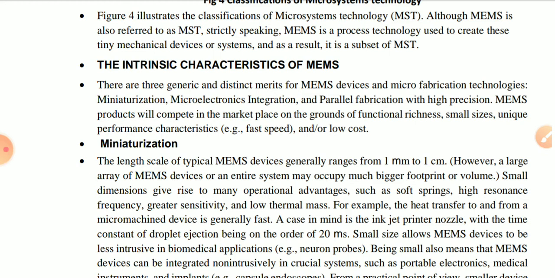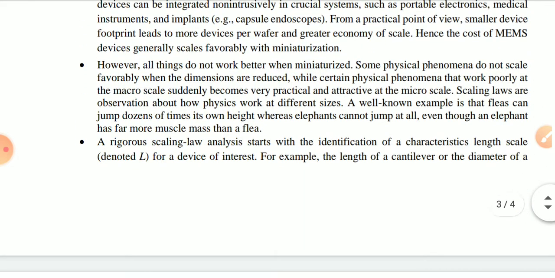It gives rise to operational advantages such as soft springs, high resonance frequency, greater sensitivity, and low thermal mass. For example, the time constant of an inkjet printer is typically 20 microseconds and limited by scaling law. So that is a very good advantage of miniaturization, and day by day the size is reduced with the help of MEMS technology. Another one is